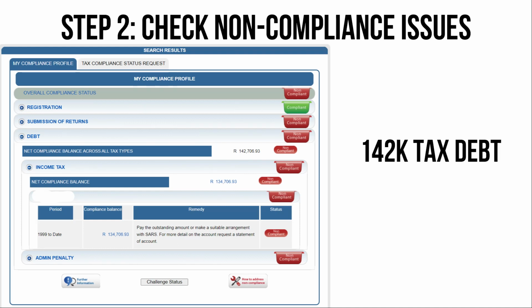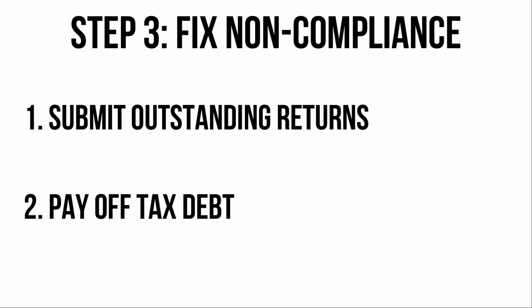In this case, the total debt here that's due to SARS is 142,000, and then for income tax that would be 134,000, and the rest would be sitting in admin penalties. So that's step 2. And the only way to fix non-compliance, step 3, is to submit the outstanding tax returns,